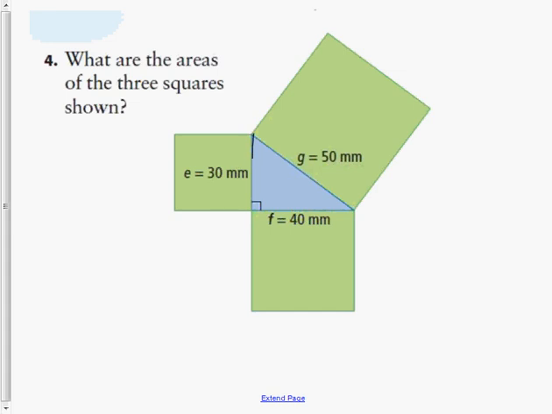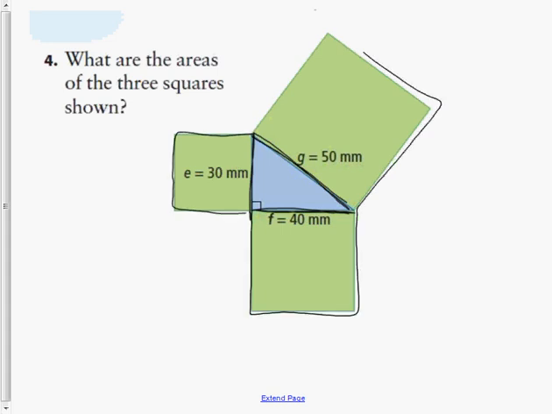So in this particular picture here, this is what we call a leg, and this is a leg. The legs of a right triangle are the two sides that make up the 90-degree angle. Those are called legs. The longest side of a right triangle is called the hypotenuse. So what Pythagoras said was that if you attach squares to all of the sides of a right triangle,